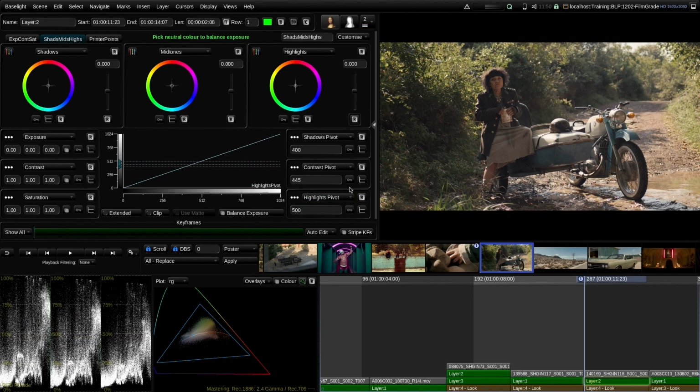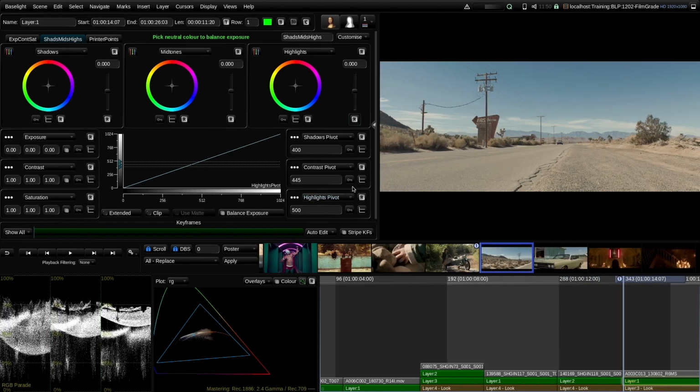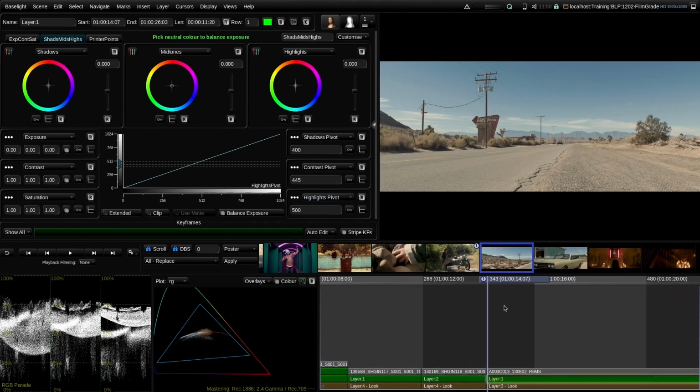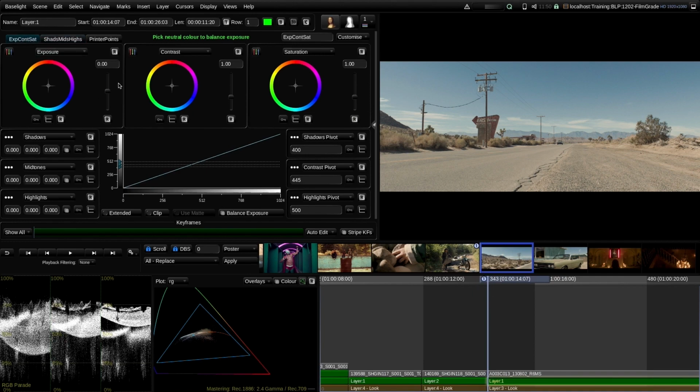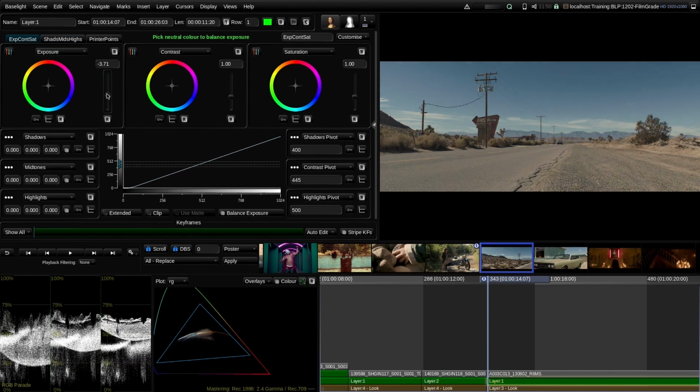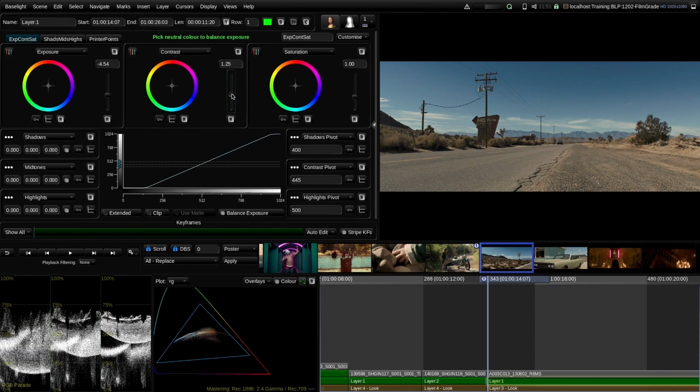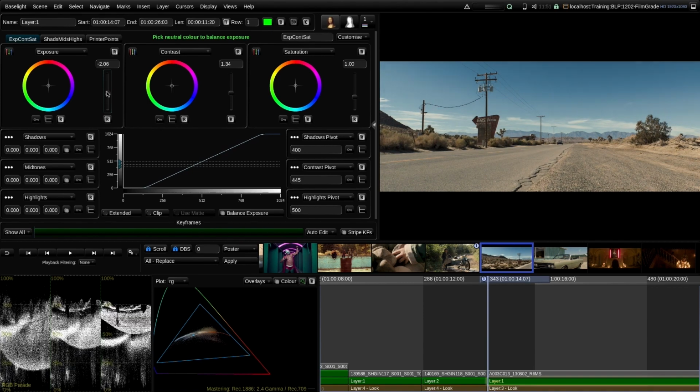Okay, let's reset and move on to the next shot. So on this shot here, maybe we start with a global grade. I would lower the exposure first a little bit, and probably we can then also raise the contrast to some extent. And what we then realize in a shot like this that does not contain a lot of specular highlights is we don't use the brightest values in our display color space because the roll-off in the DRT is